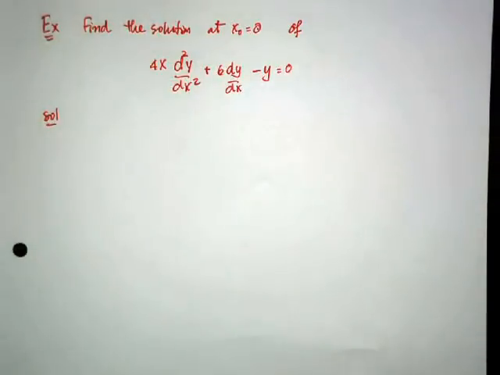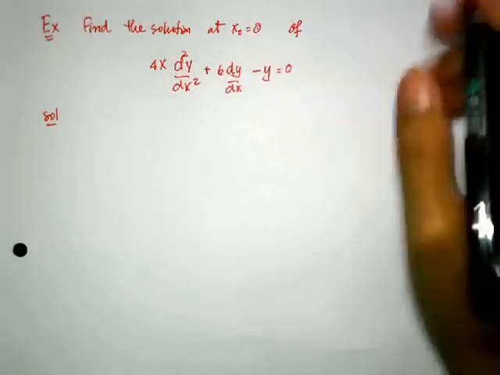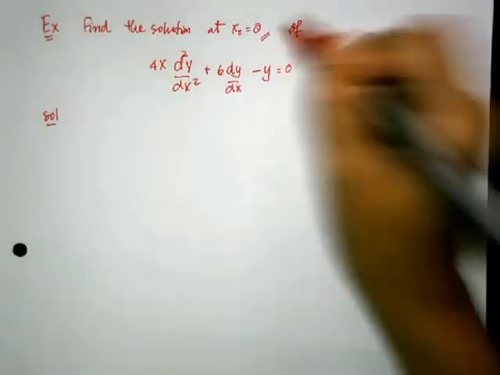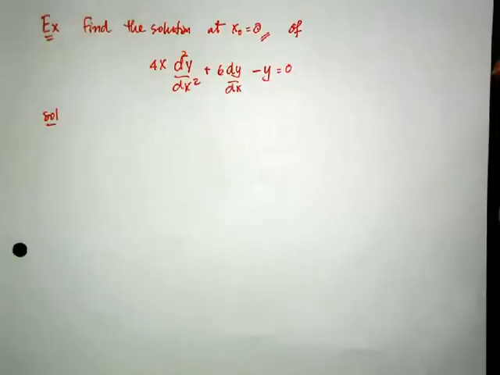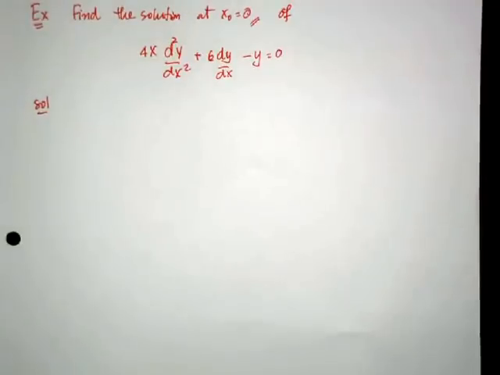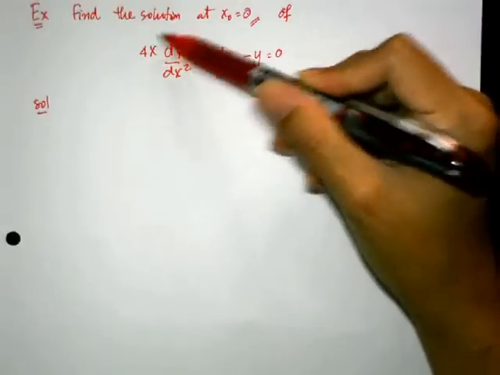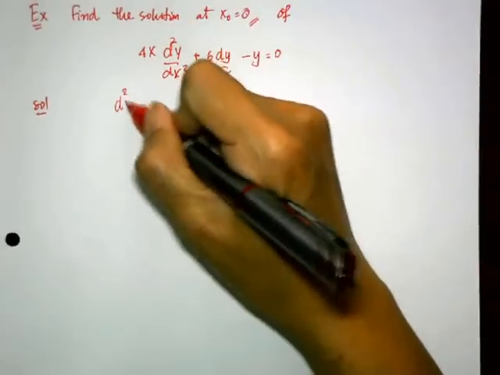Okay, the first problem is saying to find the solution at x equal to 0 of this differential equation. So, whenever you see a problem statement like this, you have to define whether x0 is an ordinary point or a singular point. In order to do that, we have to find P(x) and Q(x). To find P(x) and Q(x), we have to make the coefficient of the second derivative of y equal to 1. So in that case, we will get